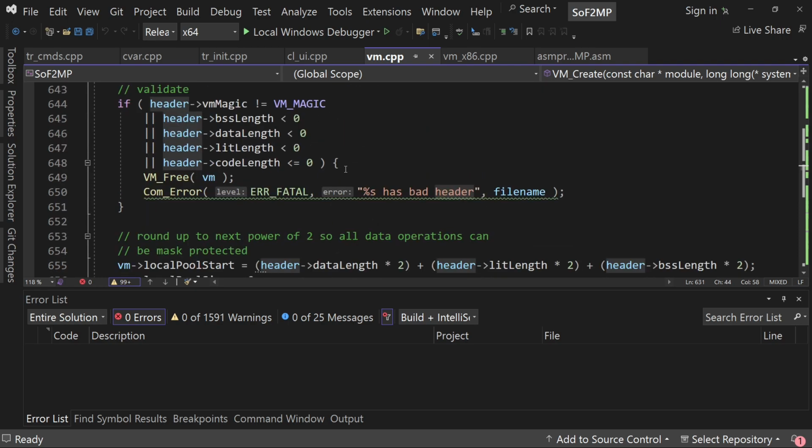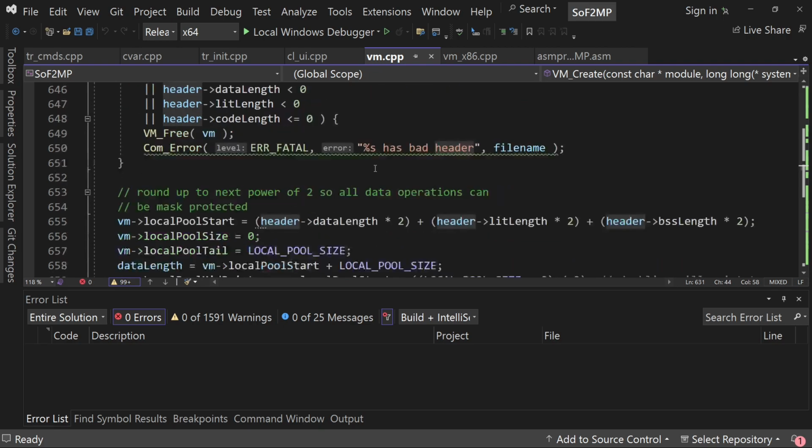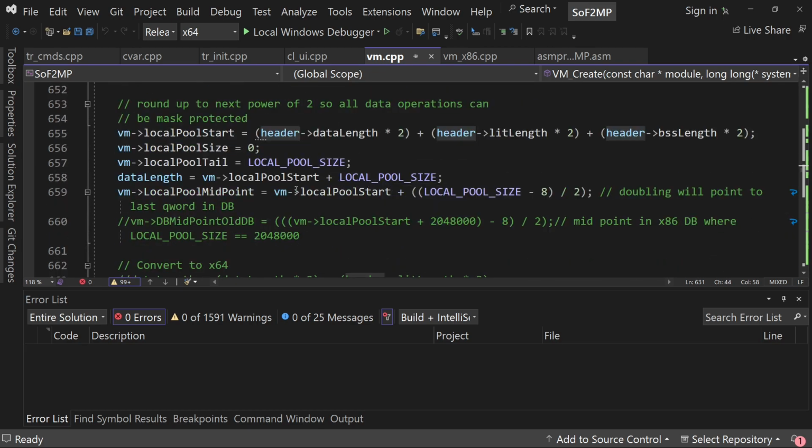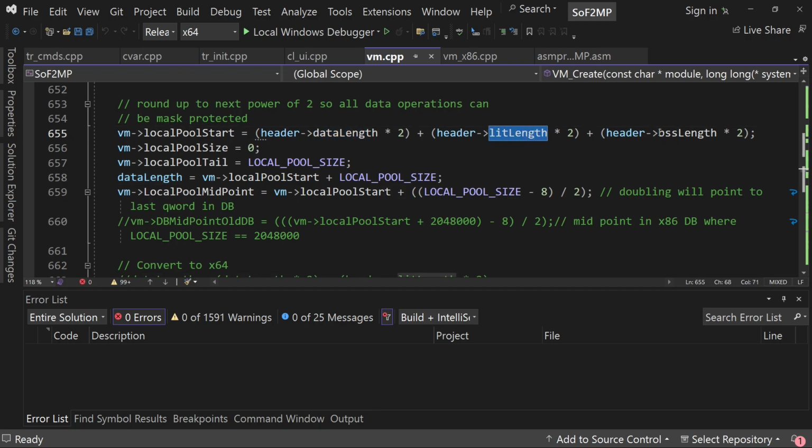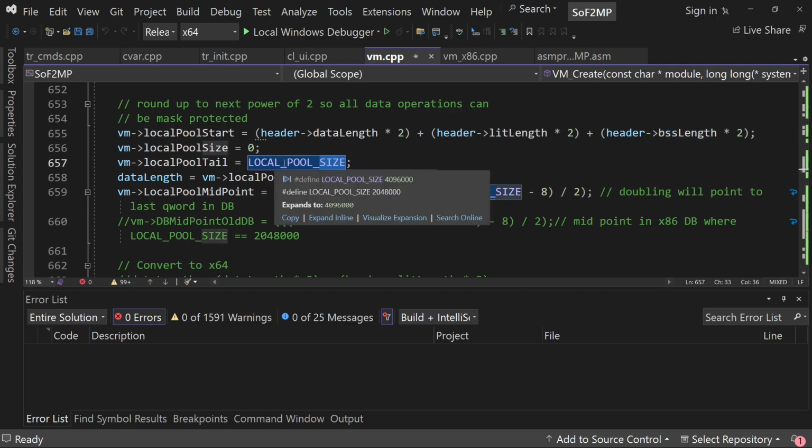It then calculates all the different parameters, and it comes down to creating a section of memory that the virtual machine is going to use through all its operations. And this section of memory has 4 sections. It's got an initialized data section, a string data section, an uninitialized data section, and what they call a local pool. And a local pool is where all the